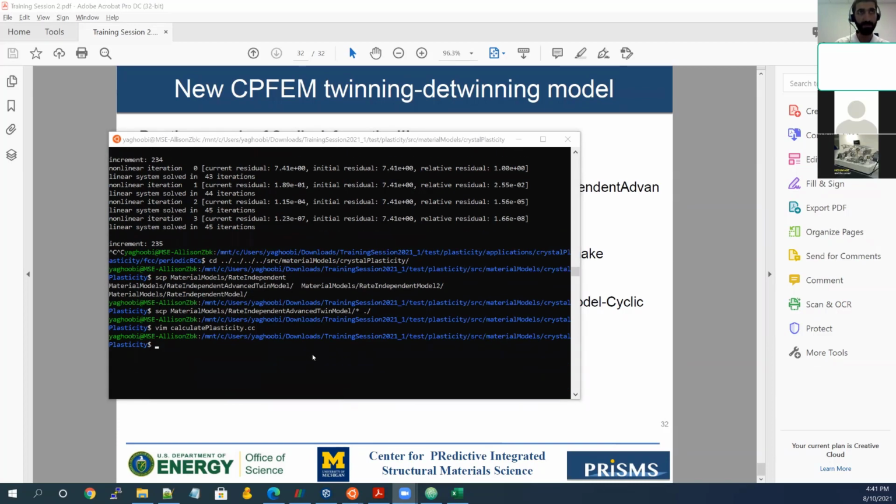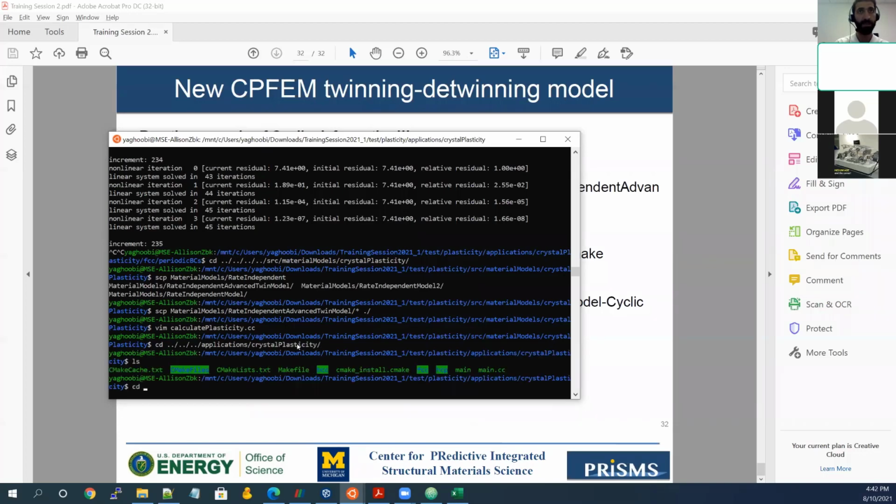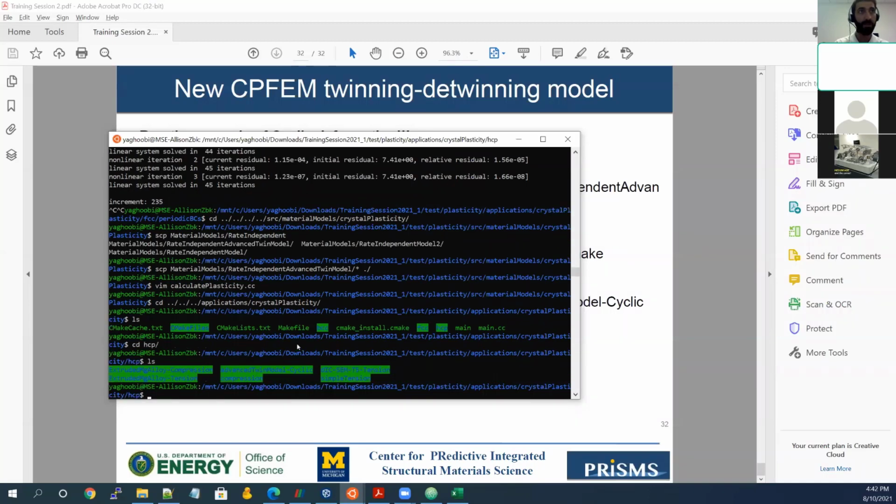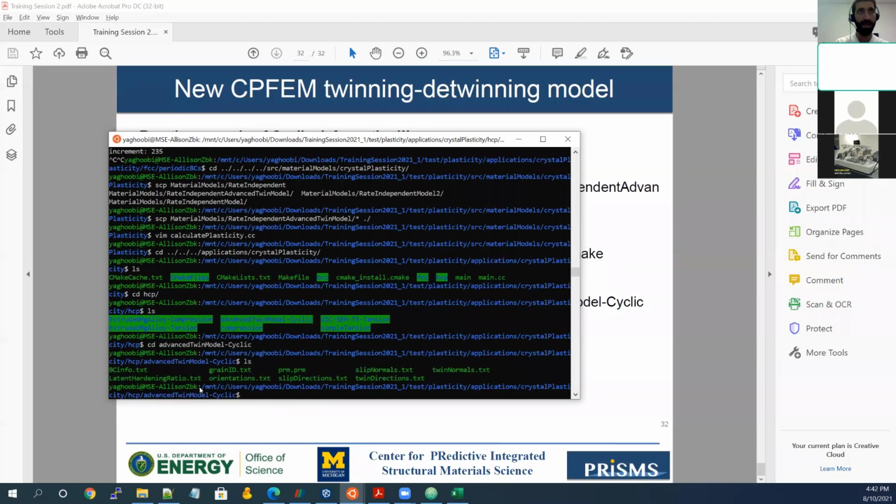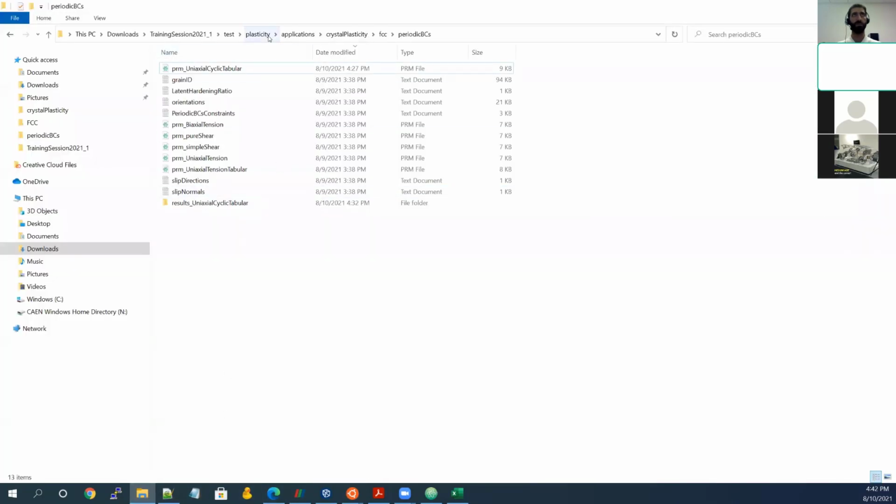So you can go back to application, crystal plasticity, and then go to this time HCP and go to advanced twin model cyclic. And now we want to see what our files are. So besides the slip direction and slip normal, you have two other sets, twin normal and twin directions. But there's an interesting idea there. So if you go back to